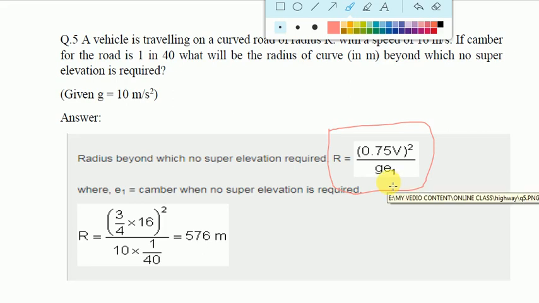Camber is the minimum slope that is provided in the transverse direction to facilitate drainage on roads.